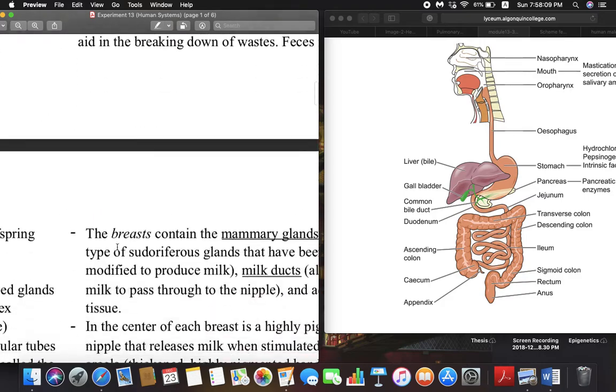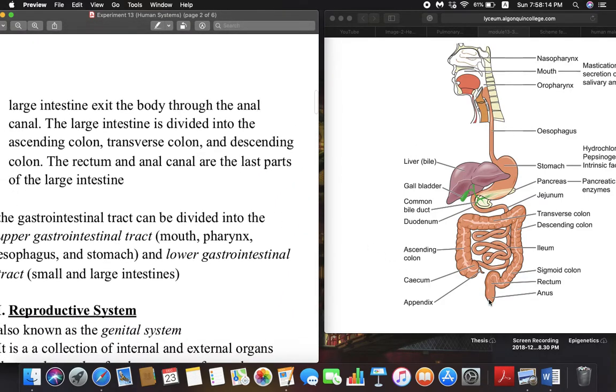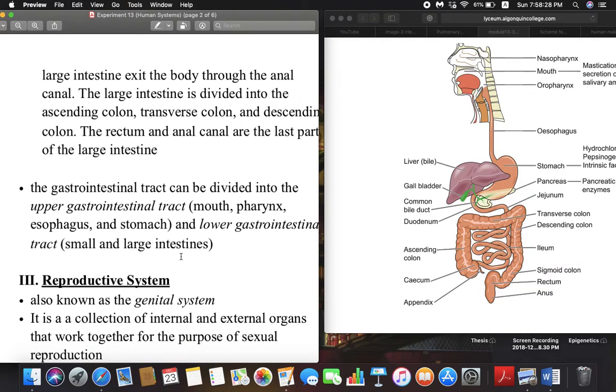The feces in the large intestine finally exit the body through the anal canal. We need to know that the large intestine is divided into the ascending colon, transverse colon, and descending colon, and that the rectum and the anal canal are the last parts of the large intestine. The final thing we need to know about the